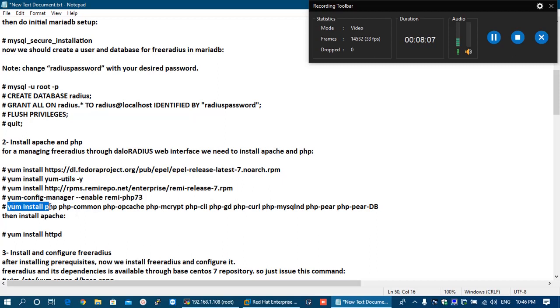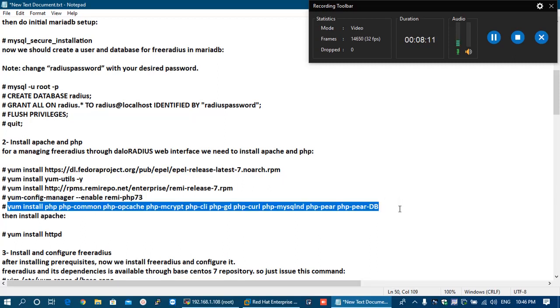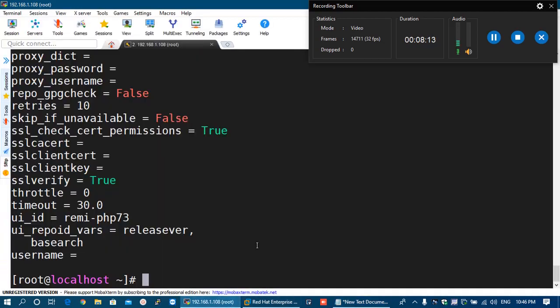And now we will install the PHP common and other additional PHP packages in our machine.